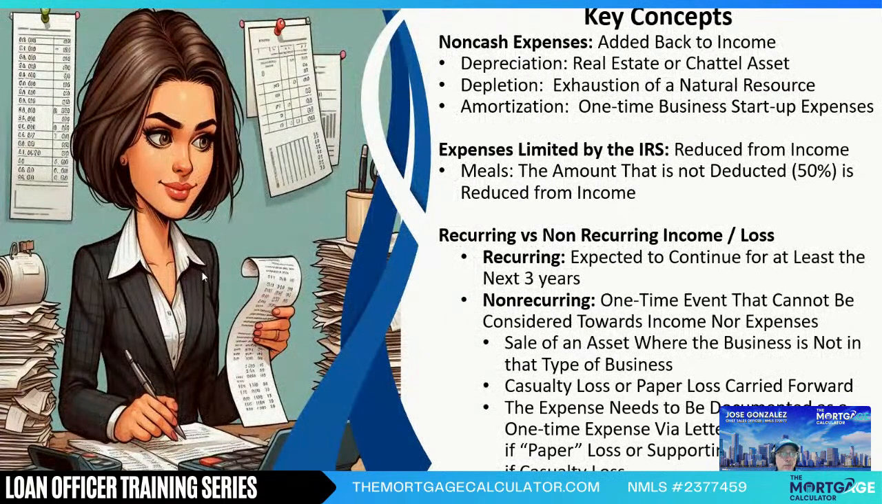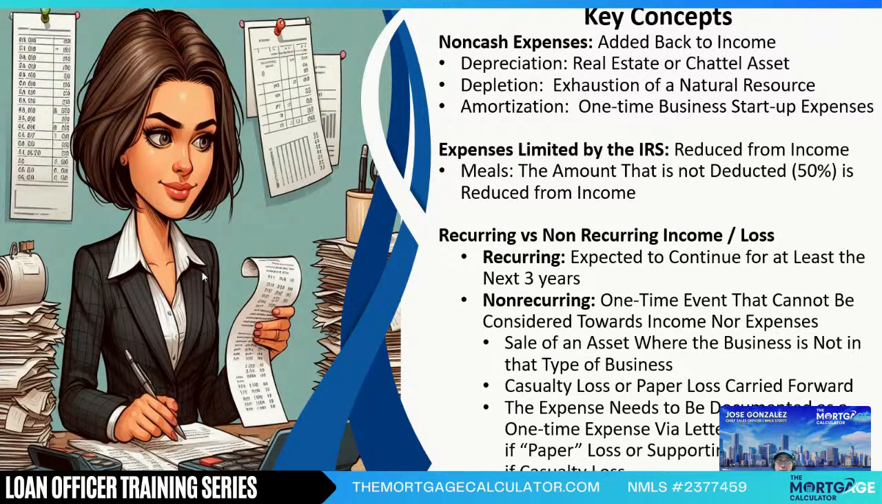So this is similar to the key concepts on the items that can be added back or have to be counted against the borrower. This is the same on an S-Corp as well as a sole proprietor, right? So we have non-cash expenses, which are expenses that are added back to income. So when you're completing your income calculator, very important to note these items. The income calculator will tell you where to find these on the 1120, on the 1120S, as well as on the Schedule C. So non-cash expenses would be items such as depreciation,